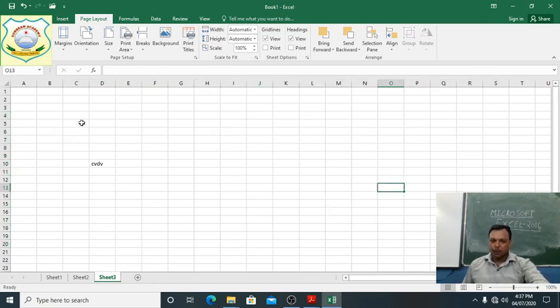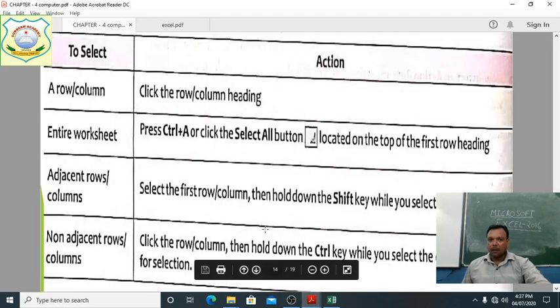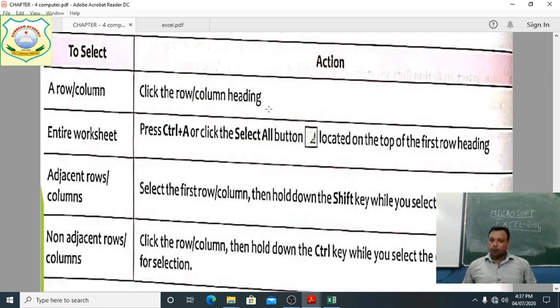Again I am showing you. Here we have selected one. This is non-adjacent. Clear, students? So you have learned how to select the cells, and we have also done it practically. You will also do practice. Next one is